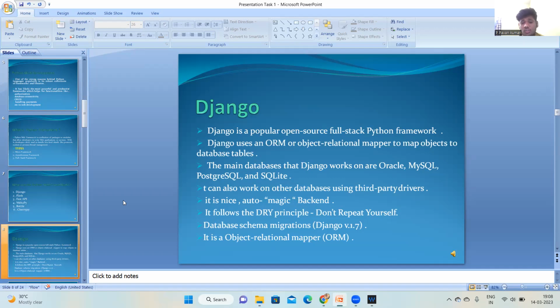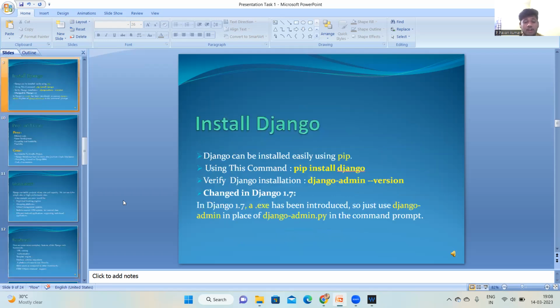Django also works with other databases using third party drivers. It has a nice auto-magic backend. It follows the DRY principle, which is don't repeat yourself, and supports database schema migration. ORM means object relational mapper.